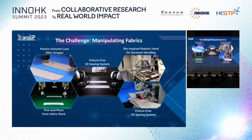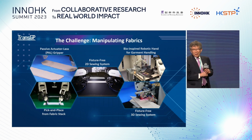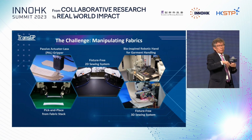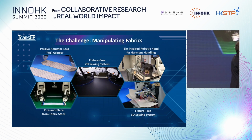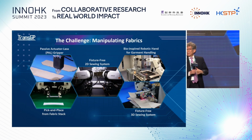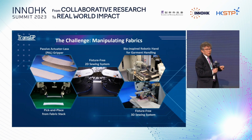Okay, our center is working on automation from fabric to the garment. Here are several examples. I would like to explain what it is. This one is a passive actuator-less gripper, which can pick up a single fabric from the stack of fabric parts. Here is another hand, a bio-inspired robotic hand designed for handling a garment. Here is another one, another grasping system for precise pick and place of a piece of fabric from